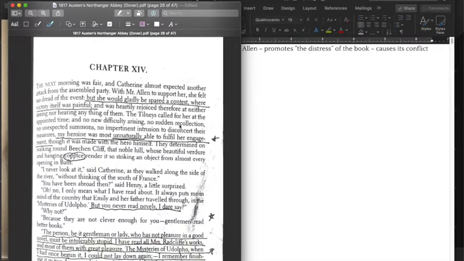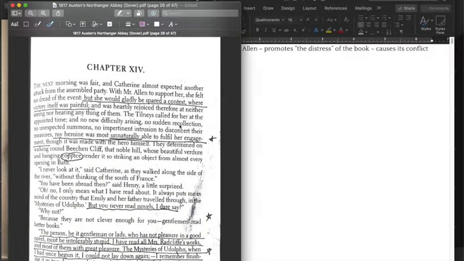In contrast, we've got Henry Tilney. Remember, she met him in the pump room, and they were flirting, and he was joking about how she was going to write about him in her journal. And remember, we learned that he actually is like a really nice brother. He knows how to pick out dresses. All right, so